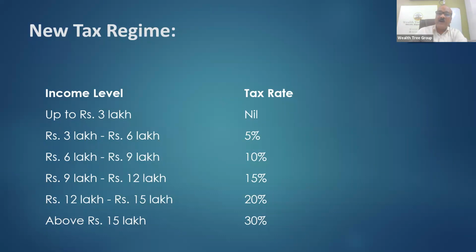That means you don't need to have any deductions, and because you want to get some deductions, you will invest in some products. That kind of thing is not required. Whatever you may have, straight away you get into this slab. If you are in that slab, you will pay that tax. That's why they have reduced the tax there. Previously in the old regime, if you are above 10 lakhs, your tax bracket is almost 30%. But here 9 to 12 lakhs is 15%, and 12 to 15 lakhs is only 20%. So you are going to get some advantage in this if you have a little higher income.